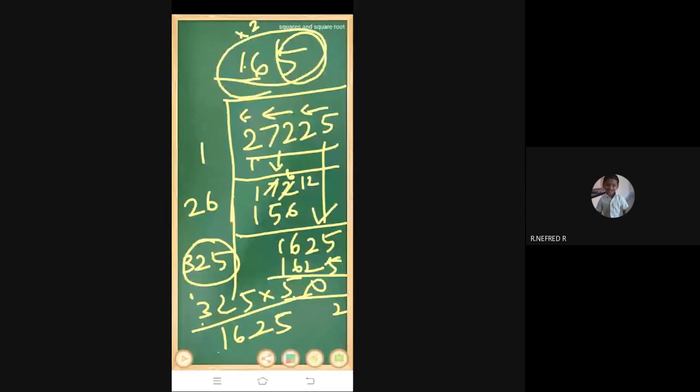Okay, children. So in this model, you have to proceed. Whatever number they have given, same way you have to solve it. Okay. This is the procedure. First, you have to make pairs. Suppose you have a 5-digit number, how will you make pairs? Take a 5-digit number like 37025. How will you make pairs? 25 one pair, 70 one pair. Then 3 alone. Clear? Clear, all of you?